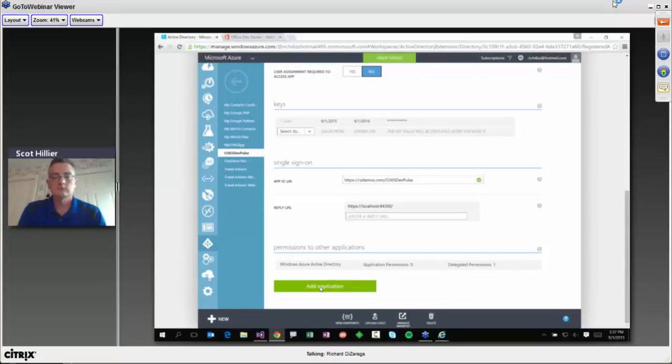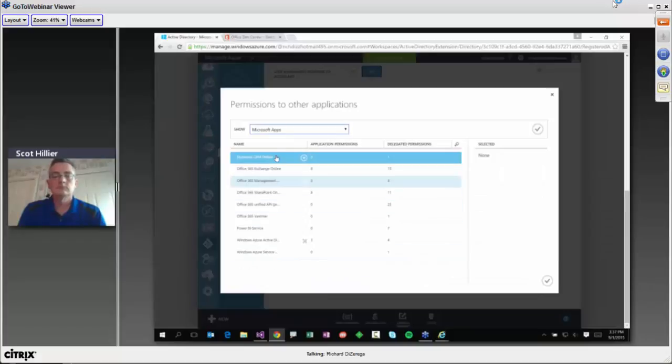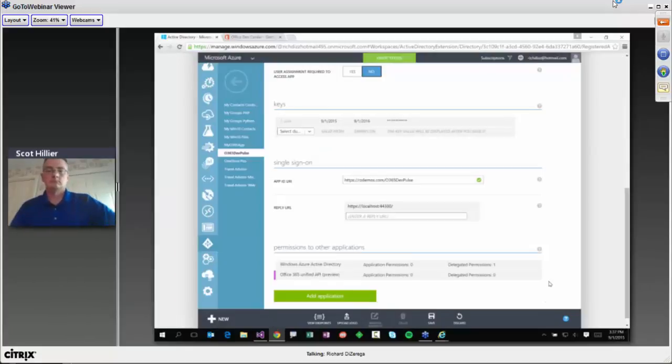And so I'm going to click on Add Application here. And you'll find a number of different things in this list. But what we're going to go with is the Office 365 Unified API. It is in preview. I should say that I haven't mentioned that yet. Today this is in preview. And that's why, if you noticed when I was doing all the different queries, my URL had beta in the URL. I was going to say we saw alpha and beta. Yeah, so we'll be bringing this out to GA very soon. But for today, it is a beta thing.